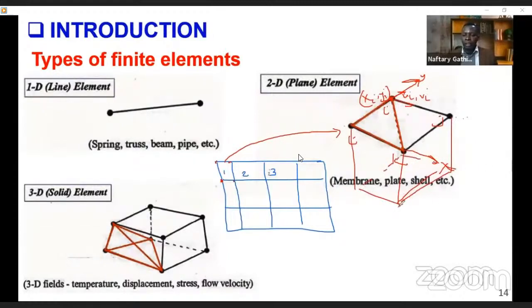These are the edges. So how many corners? These are 8. In each, because now we are considering that direction, if you consider translation only, then it means we have 3 degrees of freedom per node times 8. So 24 degrees of freedom, not considering rotation. So you can imagine one element has 24 degrees of freedom, telling you how many unknowns our equation will have: 24. So the stiffness matrix will be 24 by 24 if we disregard the